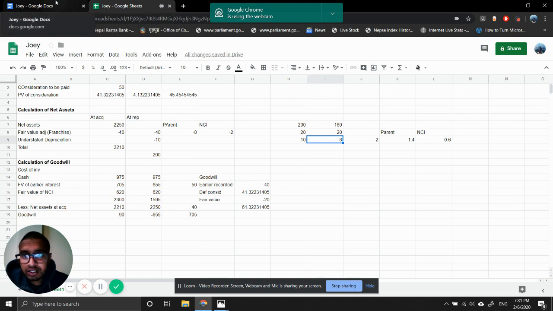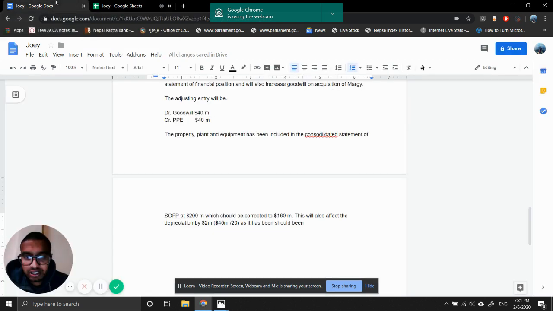No, it's 10. It should have been 8. It should have been 8 million only. This should be removed from SOPL or is credited to retained earning,